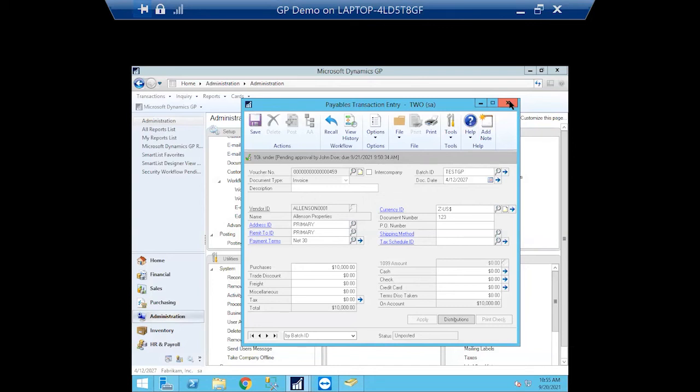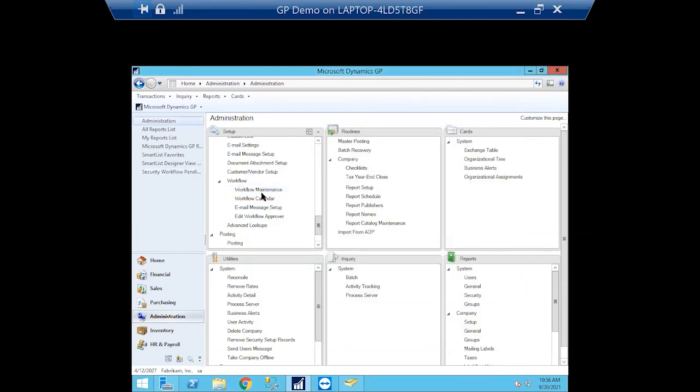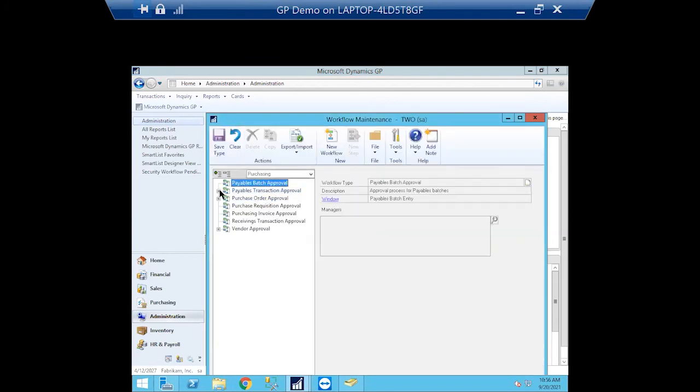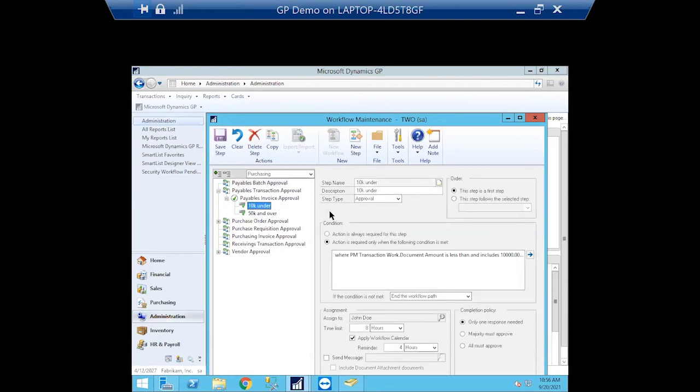Now that we see how easy it is to make a one-step workflow, you may say that's pretty easy, right? And it is pretty simple. So this is basically a one-step. With the two-step workflow, it's pretty much the same thing. And as I was showing you previously, where I canceled one step migrating into the other step, it's just a matter of connecting the workflow step to the previous one. So where I have $10,000 and under, this can be flowed into,